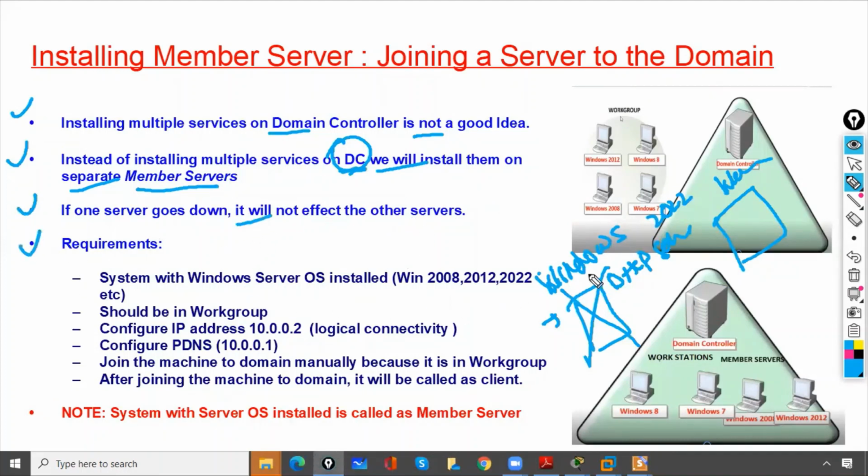And what is the requirement to make a member server? A system with a Windows Server operating system installed, like Windows Server 2008, 2012 or 2022, etc., and it should be in a workgroup. And guys, we are going to configure the IP address from